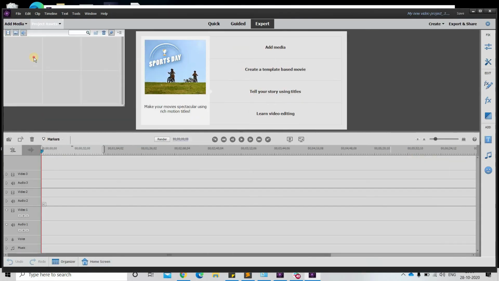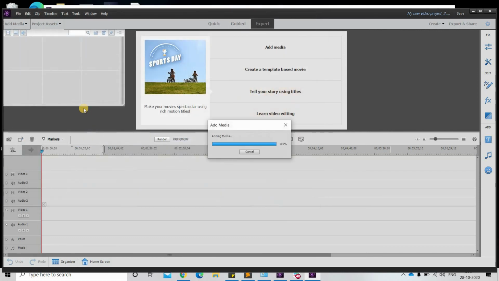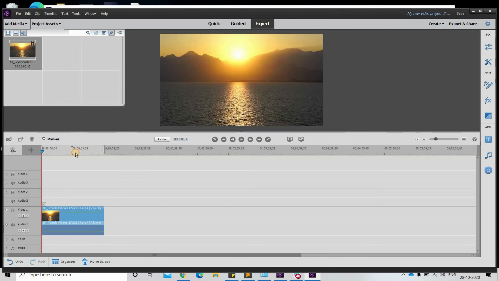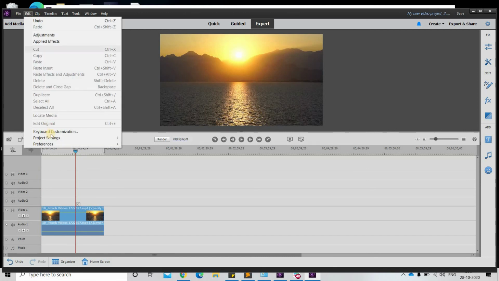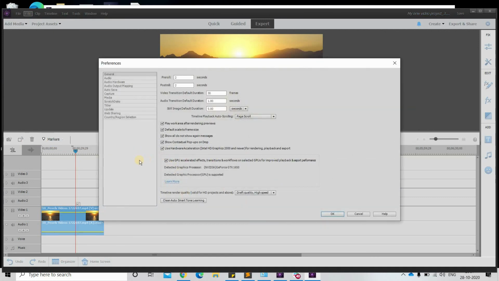This time if you add anything, you won't see the watermark. So there is no watermark. Plus, the second thing: if you go into the preferences, this checkbox is enabled now, and this checkbox is checked. After activation, this checkbox totally depends on whether the GPU on your machine is supported by Premier Elements or not. To know which GPUs are supported by PRE, click on Learn More. It will show you all the supported cards.